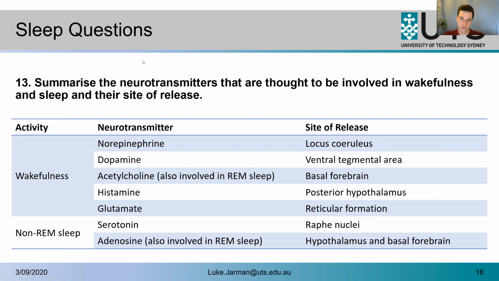Question 13, summarize the neurotransmitters involved in wakefulness and sleep. This is going to look like quite a scary table to you guys because you haven't done diffuse modulatory systems yet. That's going to be next week. So if you revisit this table after next week, all this is going to be familiar. Locus coeruleus, ventral tegmental area, that's all going to be fine. You're not going to be so scared about it. But in general, you have these 5 neurotransmitters involved in wakefulness, and you have these 2 which are involved in non-REM sleep. I think they had the diffuse modulatory system lecture today. Oh, you had the lecture. Oh, that's good, actually. And then we've got the tutorial next week. So there'll be a bit of revision for you guys as well.